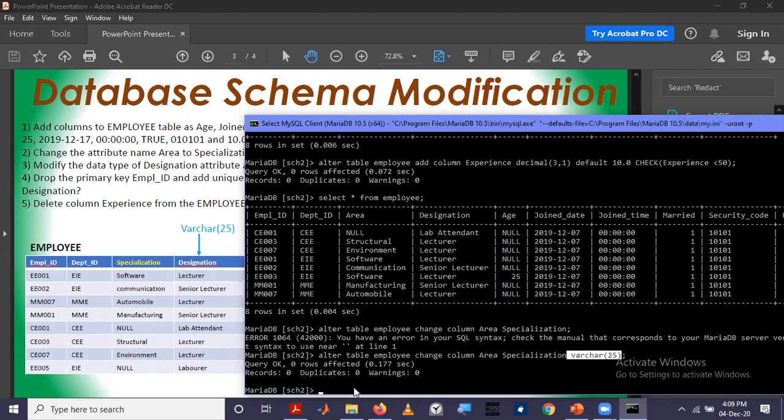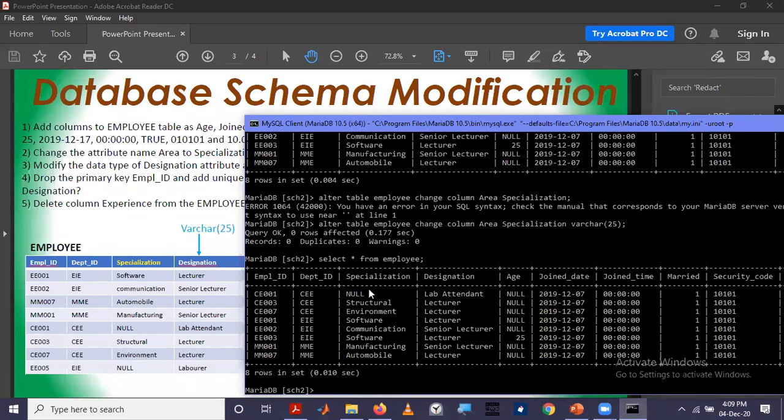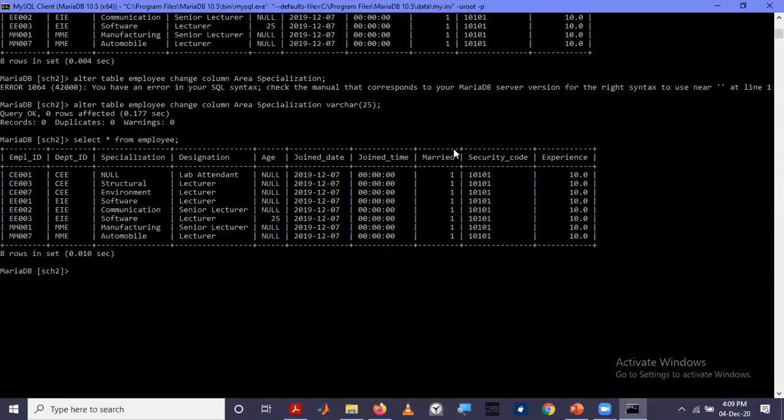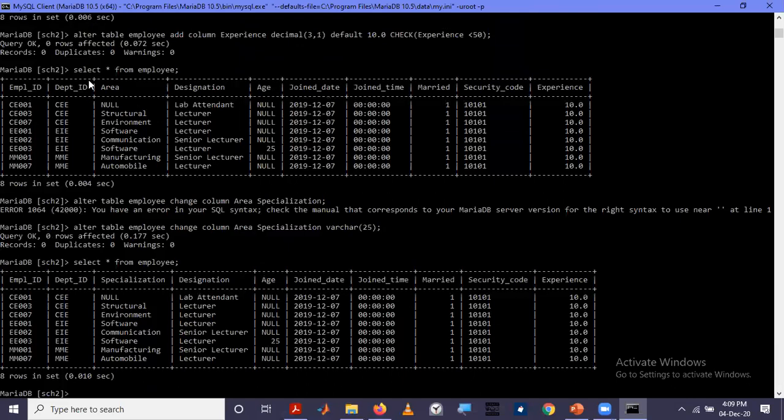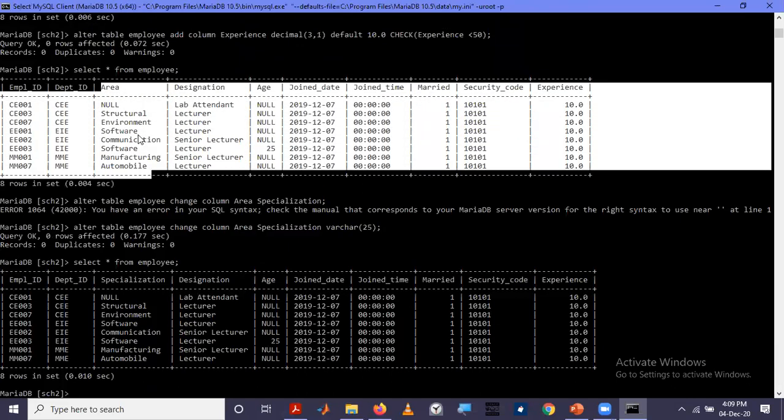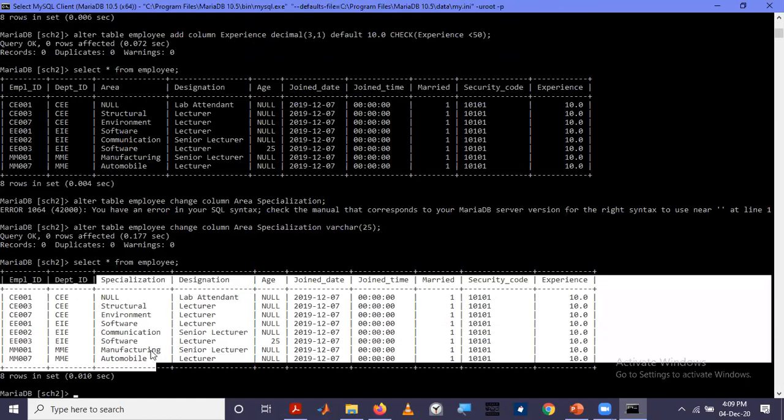So we will see whether data is affected or not. You can see this column has been renamed to specialization, but the inside data has not been affected.